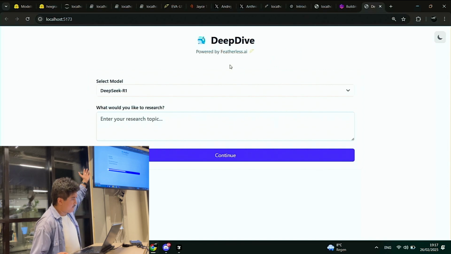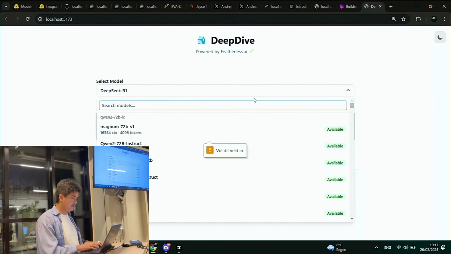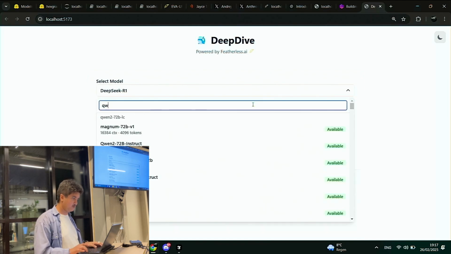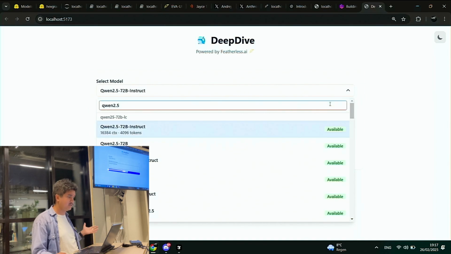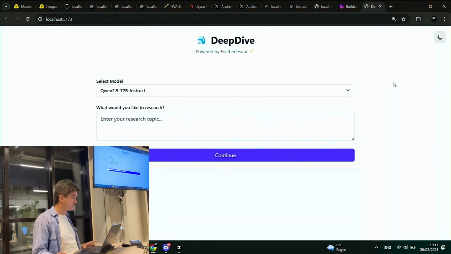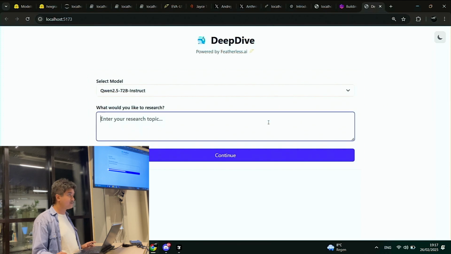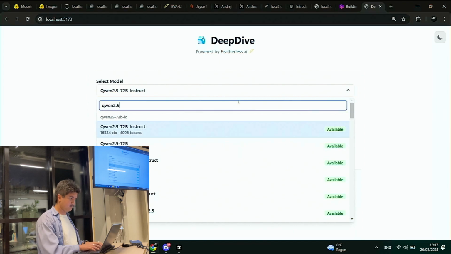Okay, so the deep dive: the open source copy of deep research. I'm actually not going to use DeepSeek R1, because I've been testing Qwen 2.5 and I think it's an underrated model. It's the competitor, from Alibaba, the Chinese company. The Qwen is still DeepSeek, right? Yeah, exactly. Maybe I can try that one as well.